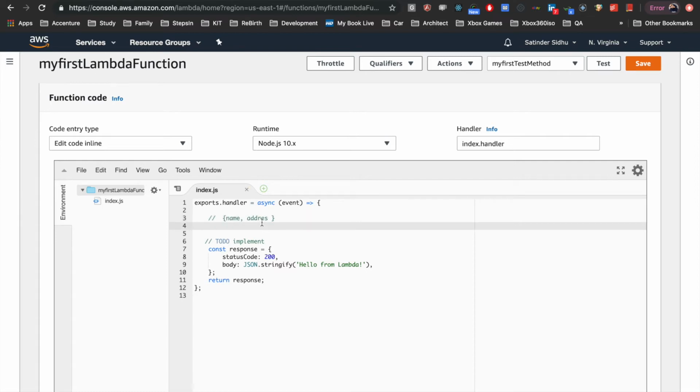And I will manipulate some of the data and return back the response. So I will write address, event dot name plus event dot address. Your address is